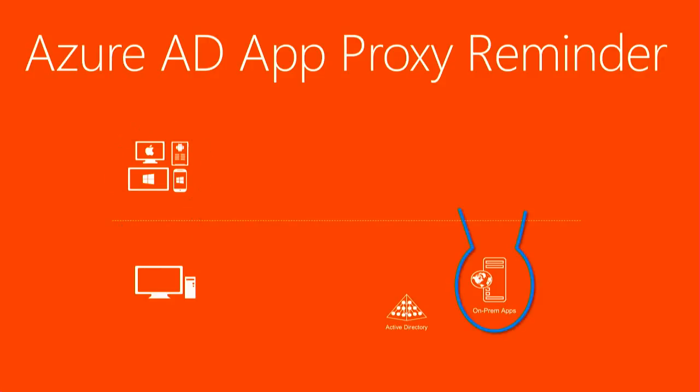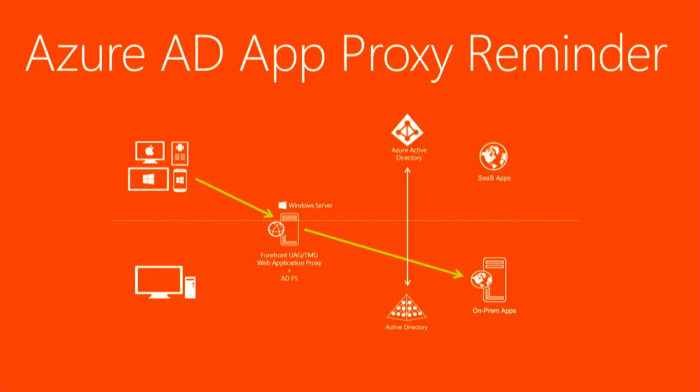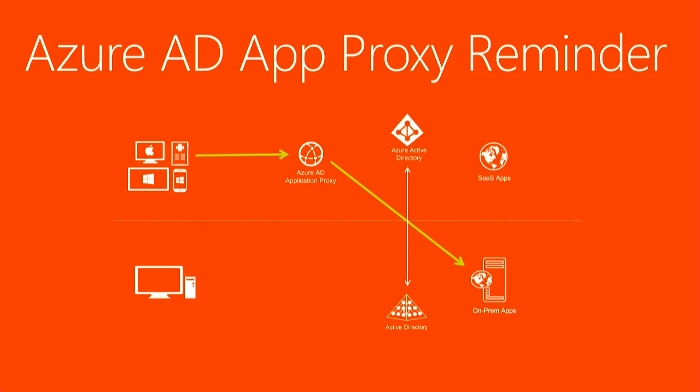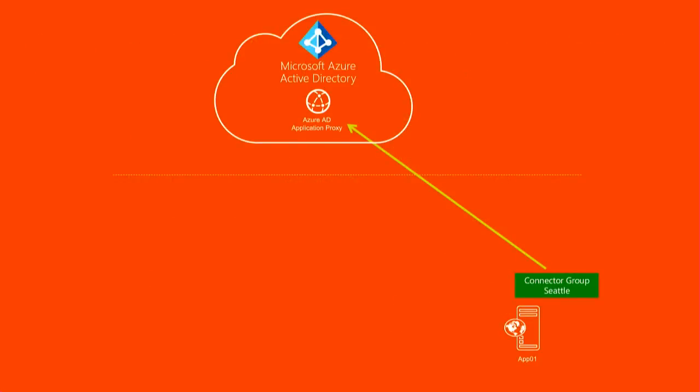And the way we do this is we have some on-prem applications. We've got some clients that are in the cloud or on-prem. Previously we were probably publishing it through some on-prem WAF. But with Azure AD, we want to make these on-prem applications seem like SaaS apps. So we have a cloud component for Azure AD application proxy, and it's a cloud service that's in a bunch of different regions around the world, so optimized from a network point of view. We want that App Proxy capability to be able to connect to our on-prem applications, so we leverage connectors. So we install a Windows service on some Windows servers that are in a network location that they can hit